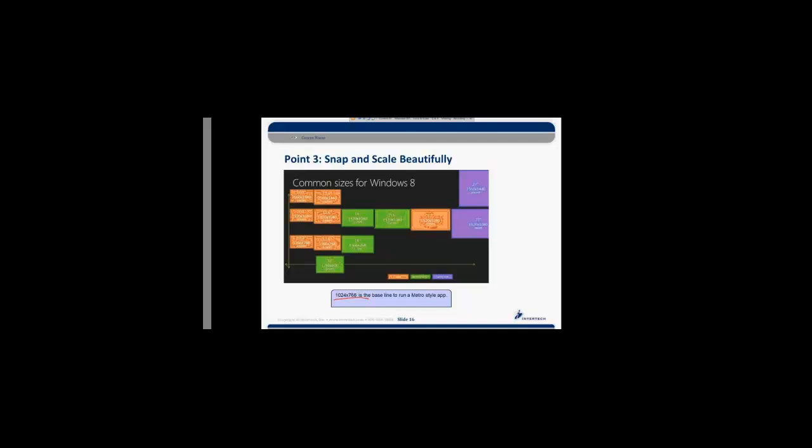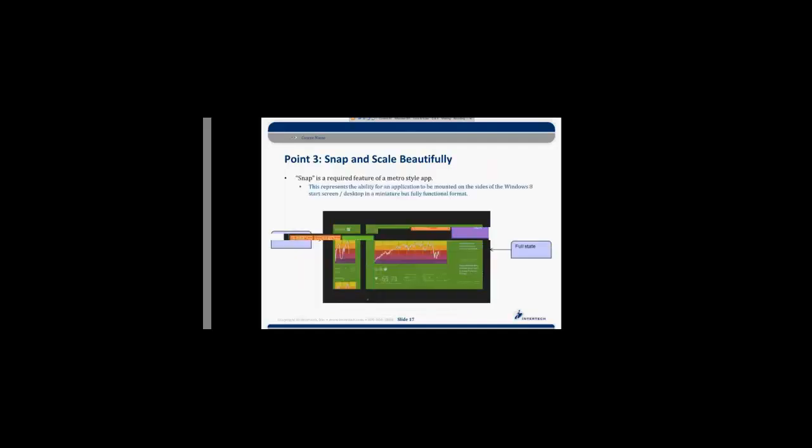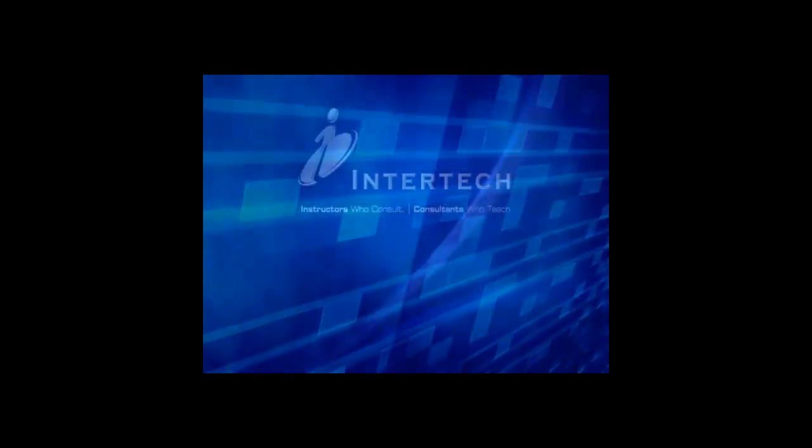So there is a baseline, right, that the computer is expected to be in, and then a whole bunch of other resolutions that you can scale up or down to. If you ever get to that situation where you're like, man, I'm clicking on my tiles here and it just does an indentation of the tile, but the program never starts up, I would probably guess the chances are pretty good you're not in a fitting resolution.